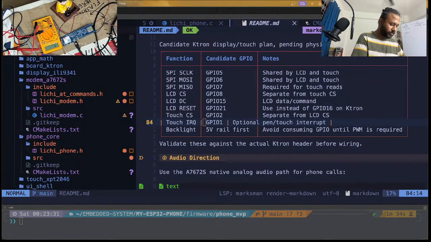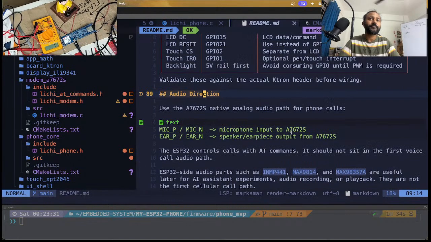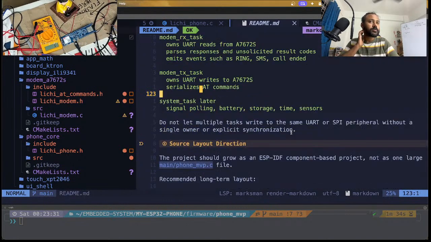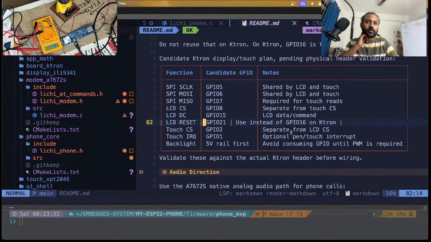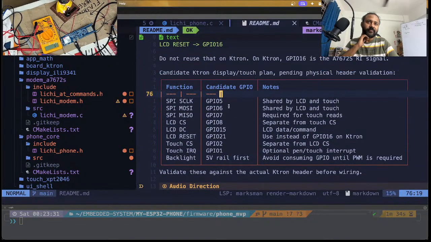I think now we are good for wiring. Okay. Clock is 5. 6 is Mosi. 7 is